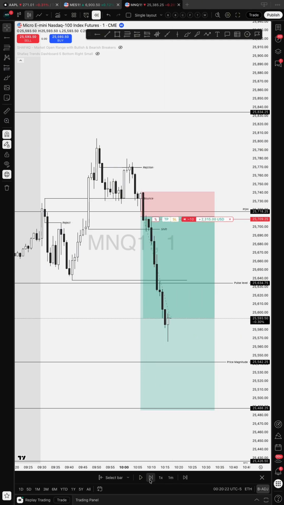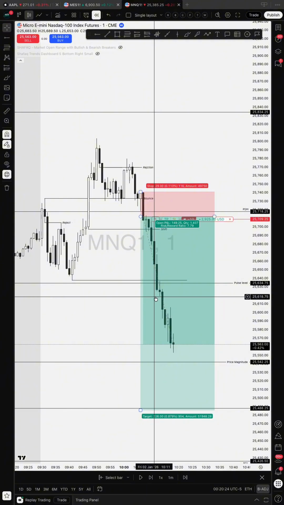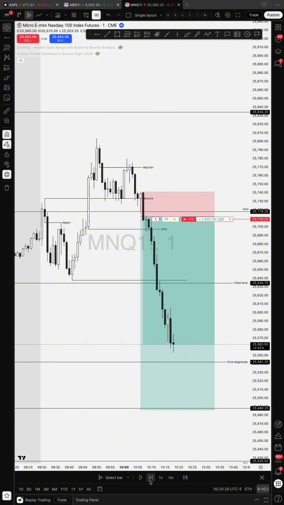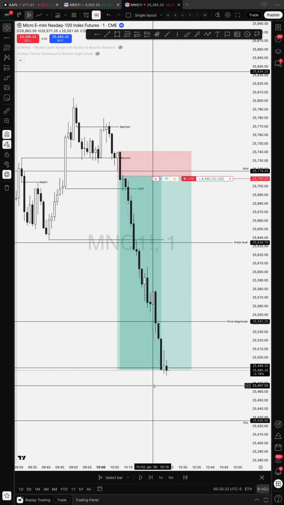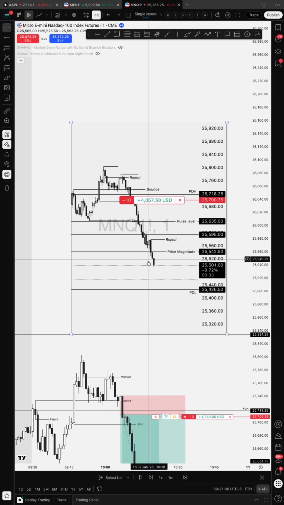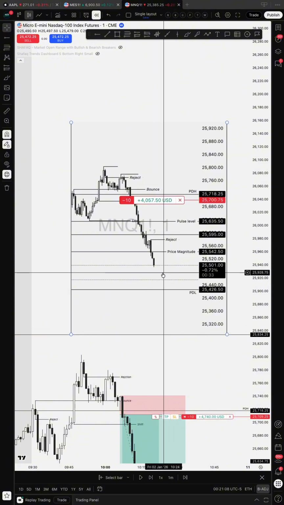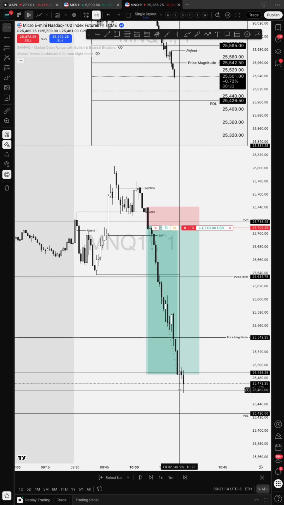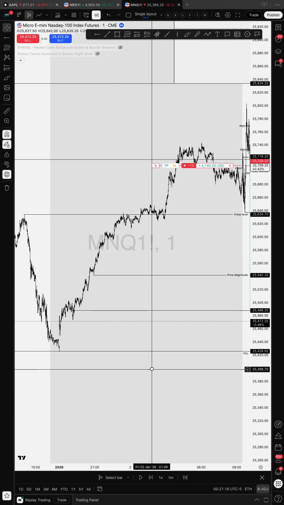and pretty much right here I wanted to see if we can reject this area. We were not even able to get the retest of this area, and we got this trade to the downside. This is the trade that we took. I closed around 25,476 or something, right before the previous day low, and the reason I closed around here was because I also